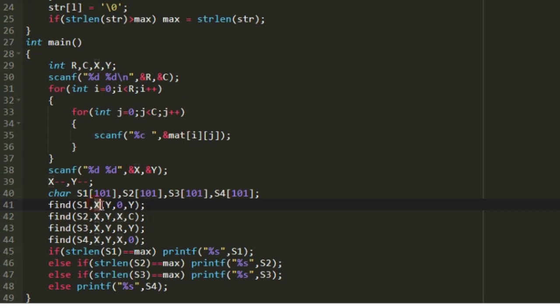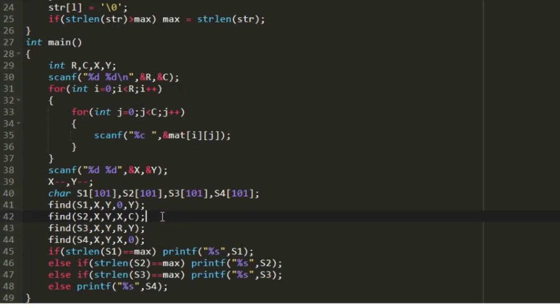So in all 4 calls, whenever we are calling the function, the first two integers are x and y, and only the last two integers vary. For the string S1, it is given that the characters are from xy till vertically topwards. When we move vertically topwards, at one point we will reach the 0th row. So after xy the row is 0, and we will be at the same column, so 0y would be the ending coordinate.